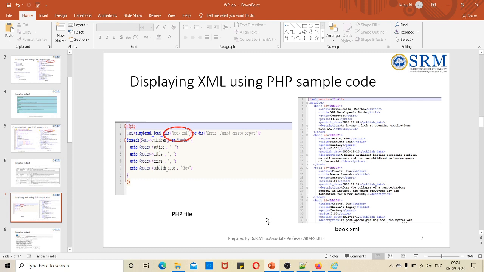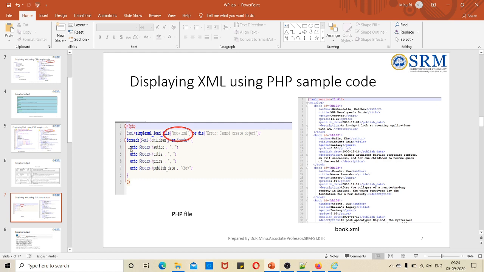The third way of displaying your XML, which I am going to show you, is using server coding, PHP. So the same book.xml only I am going to use, but this is a PHP file. I know you know very well how to start your PHP file. Here, how I am linking this XML file is by using one of the inbuilt functions, simplexml_load_file. It is a function which helps us read the XML file book.xml. If the XML is not in that particular folder, it will say that it is not able to create an object. So it will be creating an object.